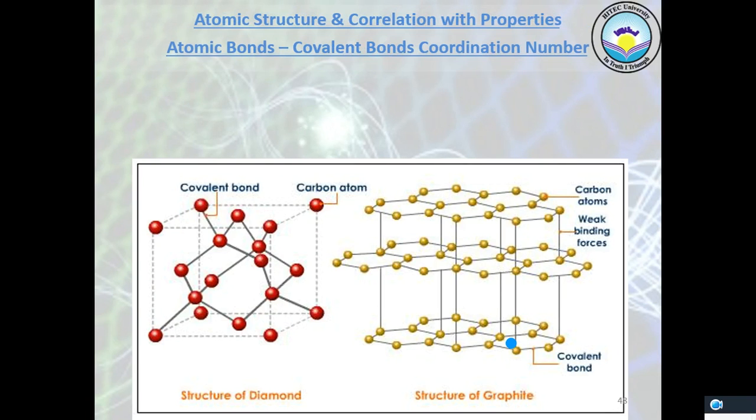This is another example, the tetrahedral structure of diamond. Carbons are arranged in the tetrahedral form in case of diamond, and that's why diamond has higher thermal conductivity value, a higher value of the melting point as well, and other thermal physical properties will also be higher. Okay, while in case of graphite,